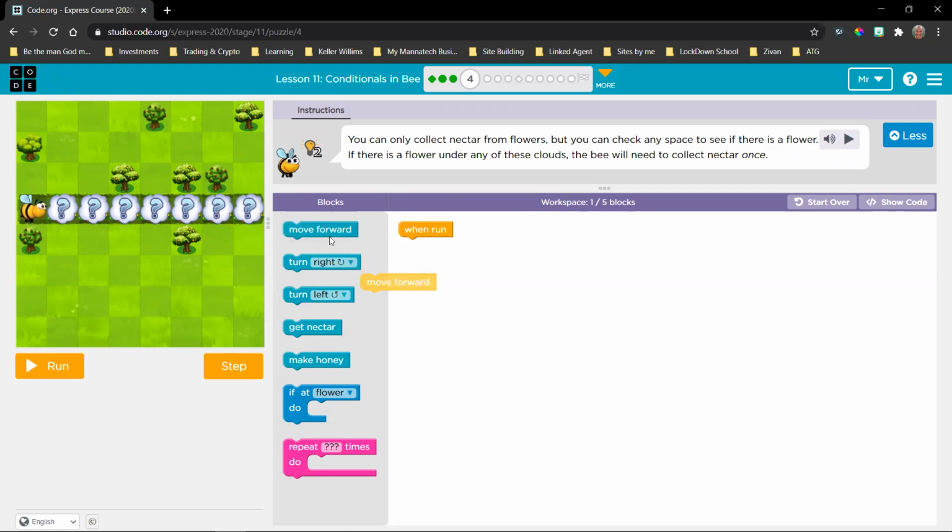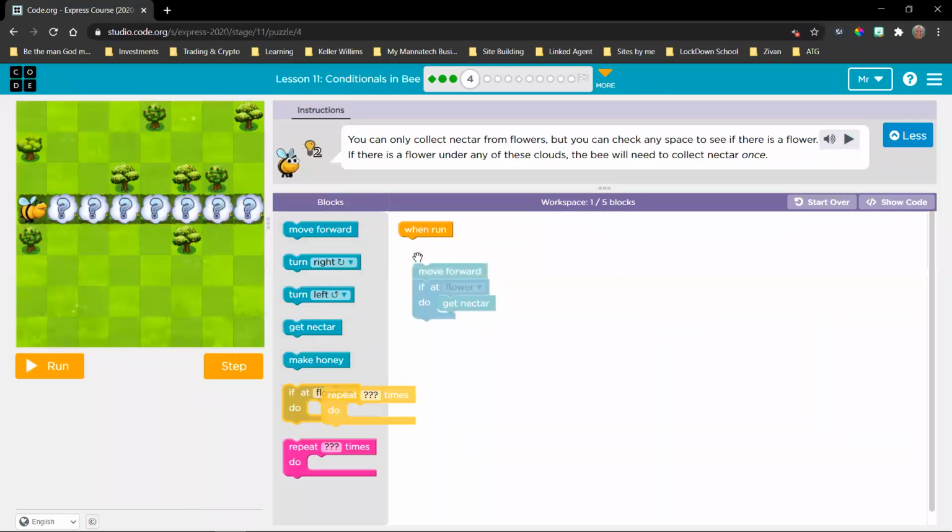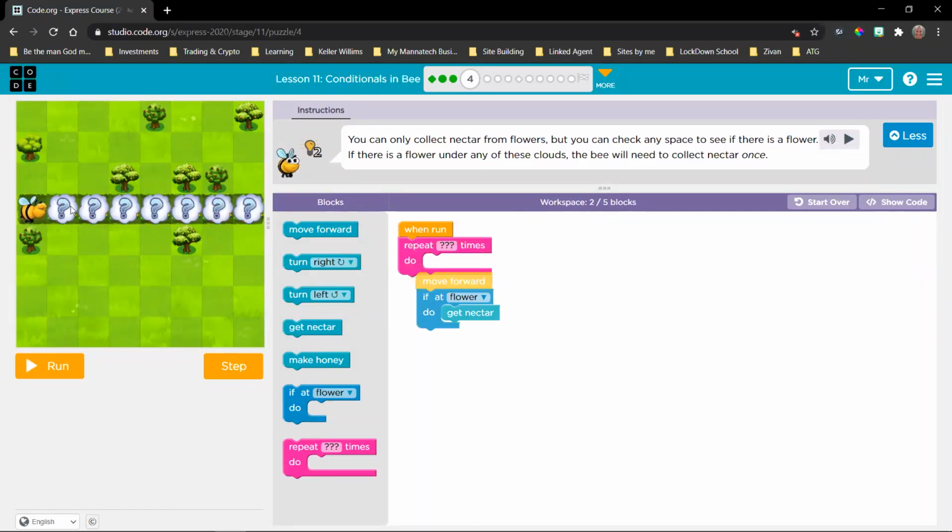But let's see. So where we want to start is to move forward, obviously, to be on top of that. And then we want to check if at a flower, we want the bee to get the nectar. And this we want to repeat one, two, three, four, five, six, 7 times.